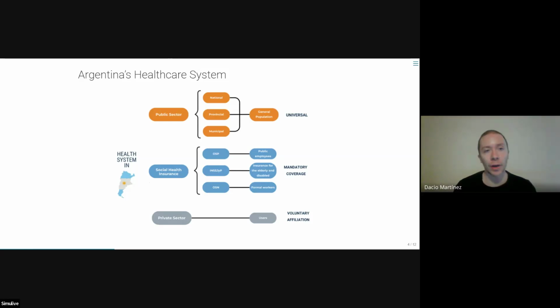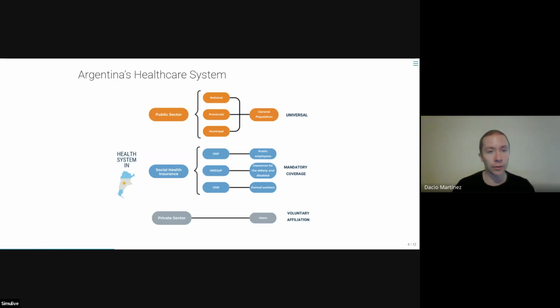To understand why the Sumar automation is so valuable, we first need a quick tour of Argentina's health care landscape, which is fragmented. First, the three subsectors are the public sector, a network of national, provincial, and municipal hospitals that guarantee free universal care regardless of insurance status.